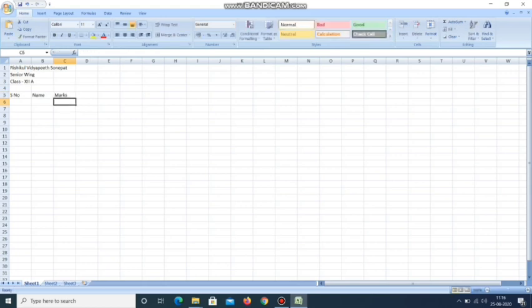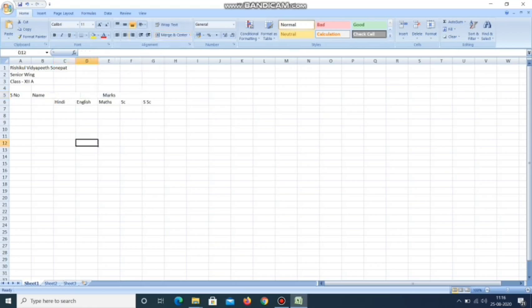Now you can see that the marks heading will be subdivided into different headings, as we have to take the marks of students in all the subjects: Hindi, English, Maths, Science and your social science. After giving headings to these different options, now marks is further subdivided into 5 different subjects.